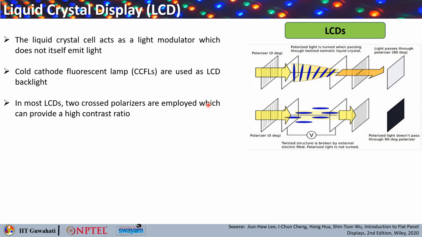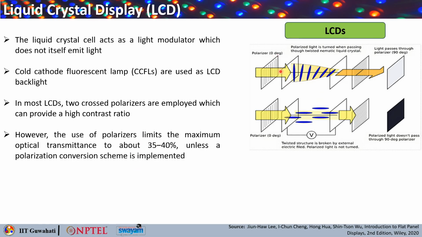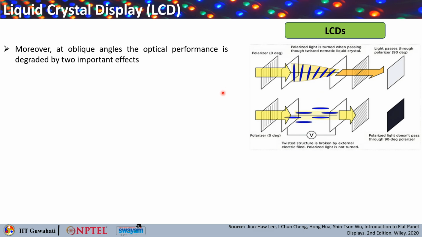So you understand that in most LCDs, 2 cross polarizers are employed, which can provide a high contrast ratio. However, the use of polarizers limits the maximum optical transmission, or transmittance, to about 35 to 40%, unless a different polarization conversion scheme is implemented. Moreover, at oblique angles,